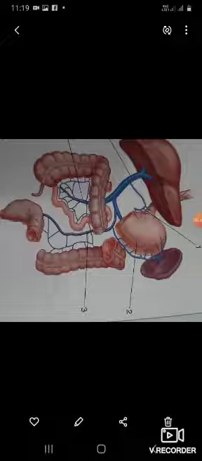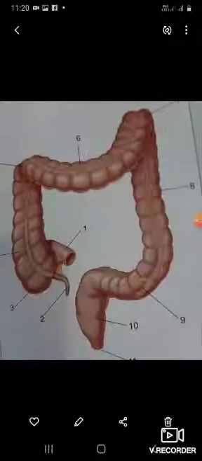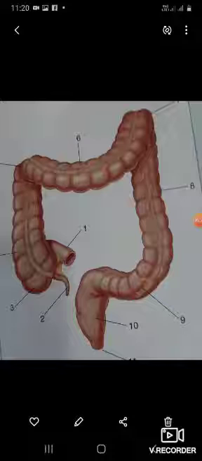Subserous coat of long branches is intimately related to appendices epiploicae, to which they contribute branches. During removal of these appendages, care must be taken not to pull on them in order to avoid traction on the subjacent vessel. Bowel wall is weakened where it is pierced by the vessels and at the sites of attachment of the appendices epiploicae. Mucosa may herniate in these situations, causing diverticulosis, with associated dangers of diverticulitis, fibrosis and stricture.